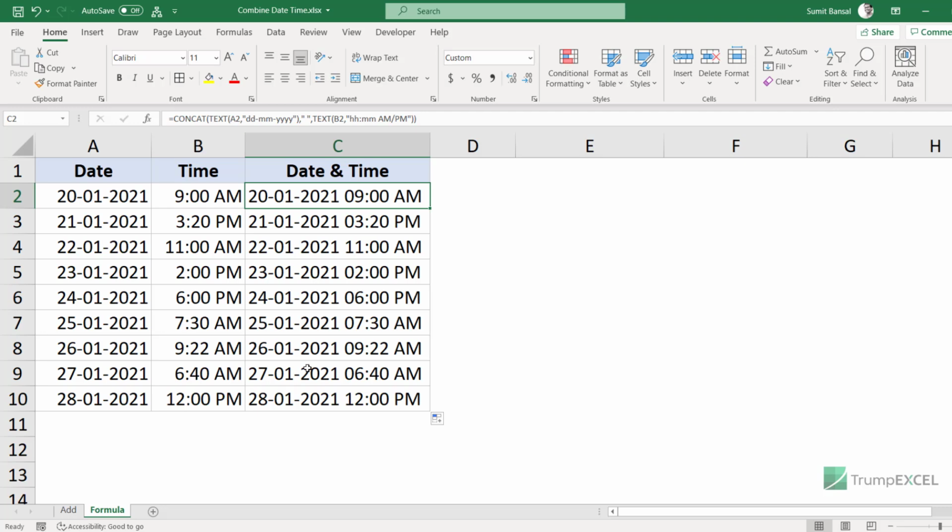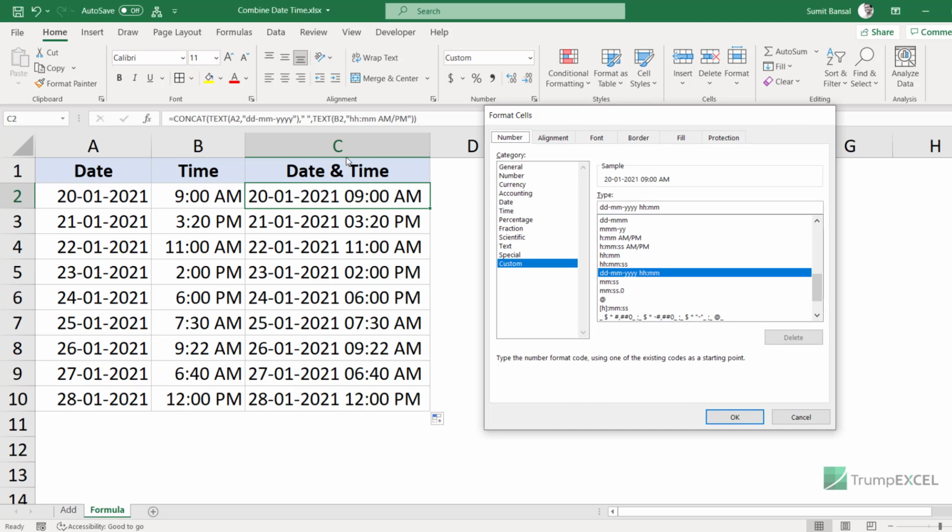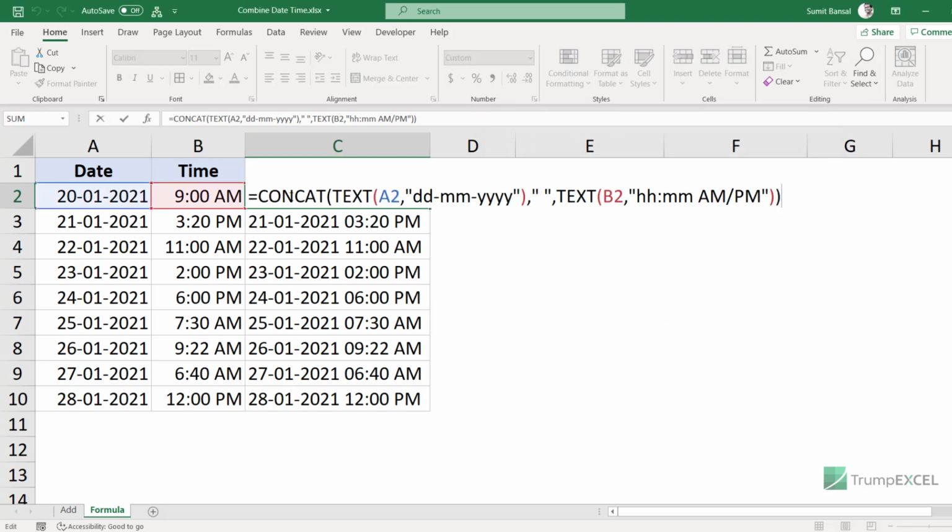The benefit of this method is that you can do a lot of customization within this formula. For example, let's say I do not want to simply show the date, then space character, then time. I also want to have something like the word date and then show the date there, and then have time written and then show the time, instead of simply having the date and time. So I can make that level of customization right within the formula.